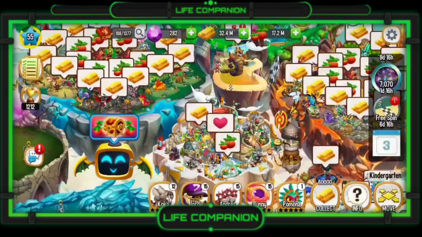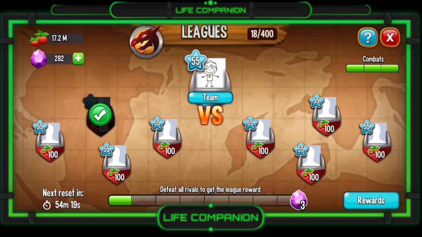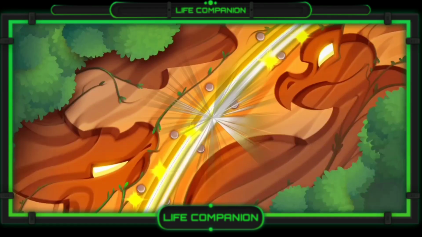The best way to complete PvP for the heroic race is to have fully powered up dragons and full charges to complete League. Let's have a look at my